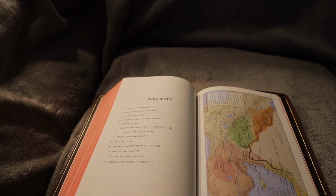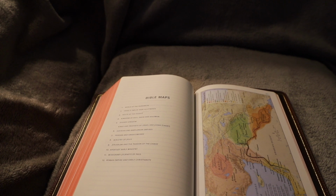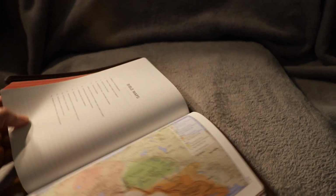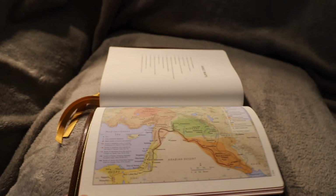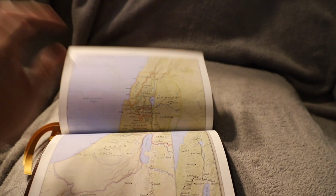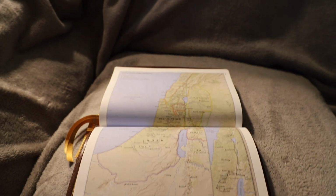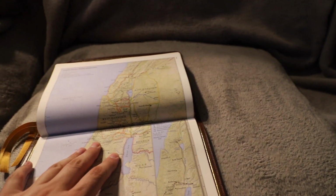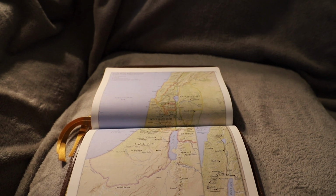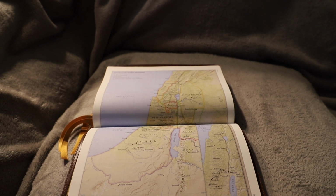missionary journey of Paul, and the Roman Empire and early Christianity. So these Bible maps, guys, they're really nice. They're detailed. And this is one thing I said that Church Bible Publishers was doing a really good job of, the Bible maps. And the one thing that I like about the Church Bible Publishers that I don't like about